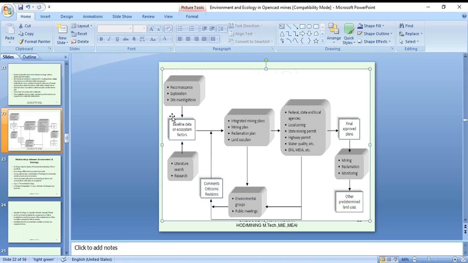Within the baseline data, all the environmental factors are mentioned, and how they will be remedied from the first year, second year, third year, and also after mining. These are the integrated mining plan.